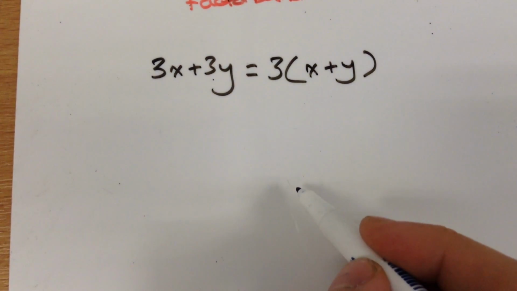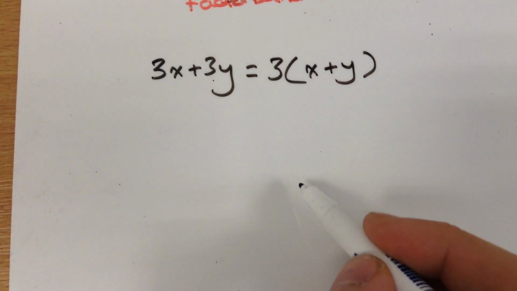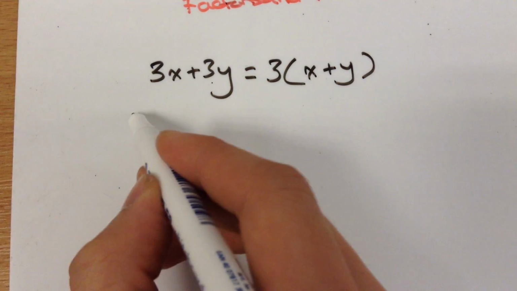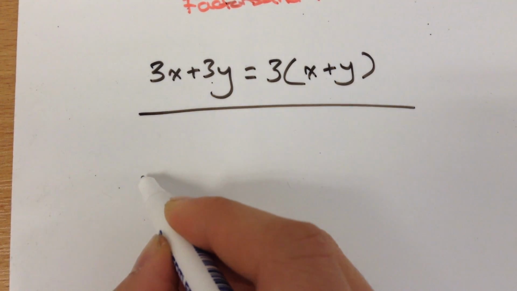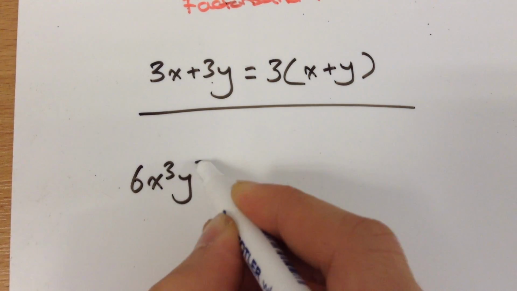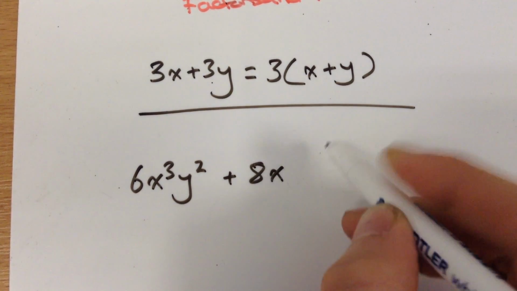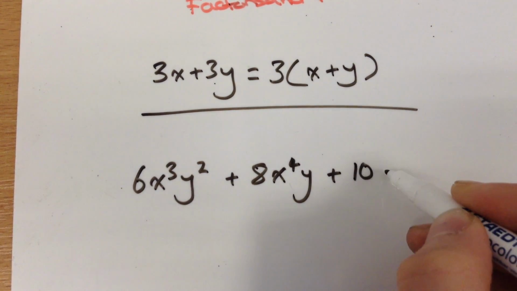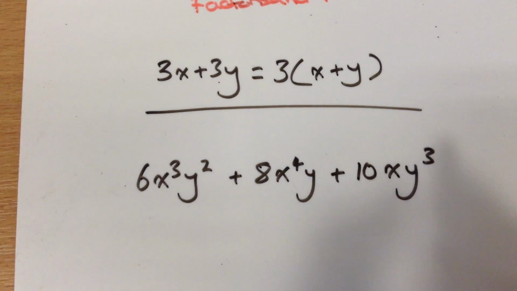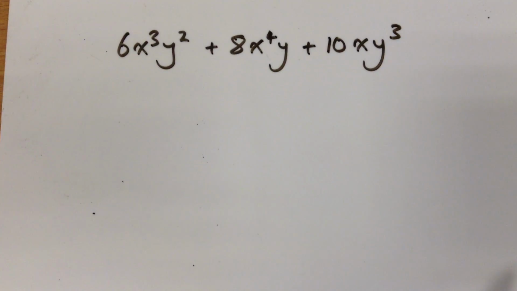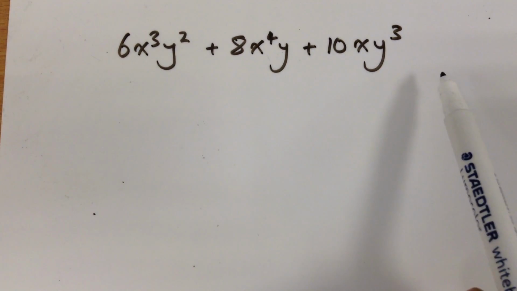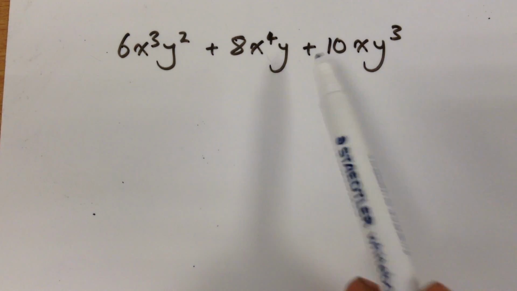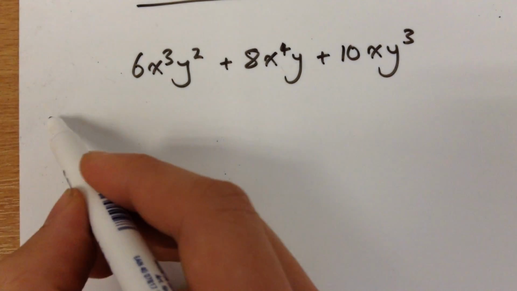The issue comes when you have something less obvious. So I might have something more difficult, so something like 6x cubed y squared plus 8x to the power of 4 y plus 10x y to the power of 3. Now, for those people who can see what is common between all of these, power to you. You don't need this video at all. But for those of you that cannot see what is common between all three terms, the brute force way,